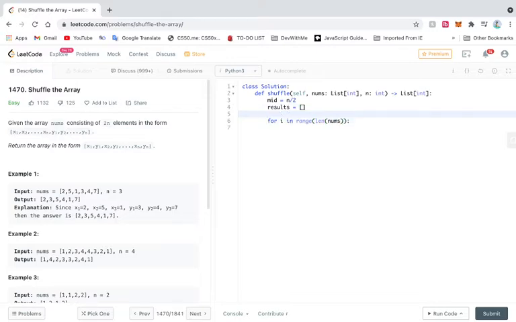But now here's what we'll check: x or y. We'll say x equals true. What this variable is going to do is keep track of whether we're on the x side or on the right side, the y side. If x, then we want to say results.append(nums[i]). However, if it's not x, that means x is false, then we want to say,